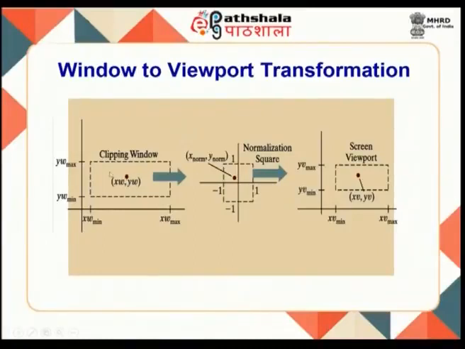xw, yw defined in the window, its equivalent position is found in the normalized viewport, or we call this normalized viewing coordinates, you can call that, and it is actually considered a square in the range of -1 to 1, and this point is again mapped onto